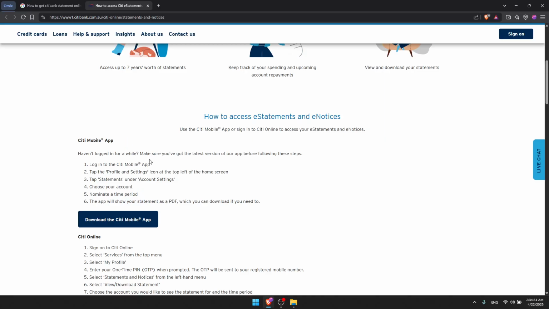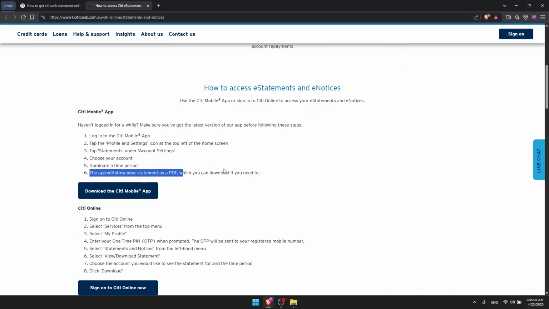If you are on the app, all you need to do is log in to the app on your phone, go to profile, then hit the settings icon. You will find it at the top left of your home screen. Tap statements under account settings and choose your account. Nominate a time period and the app will show your statements as a PDF,